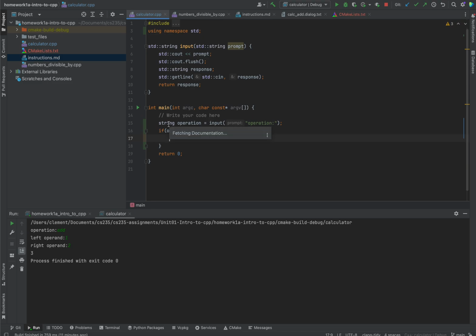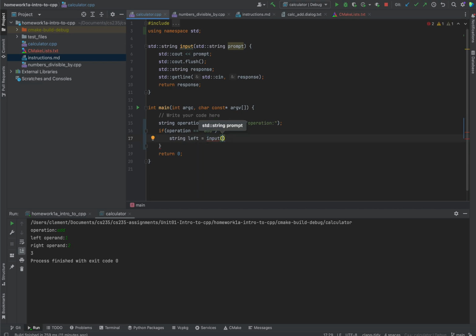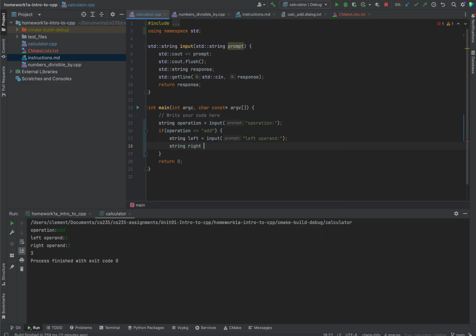I need to get a left operand, so I can say string left is equal to, and again I can call input and say give me the left operand, and then he should type in the left operand, and it will go into left, and I can then say string right is equal to input with right operand,